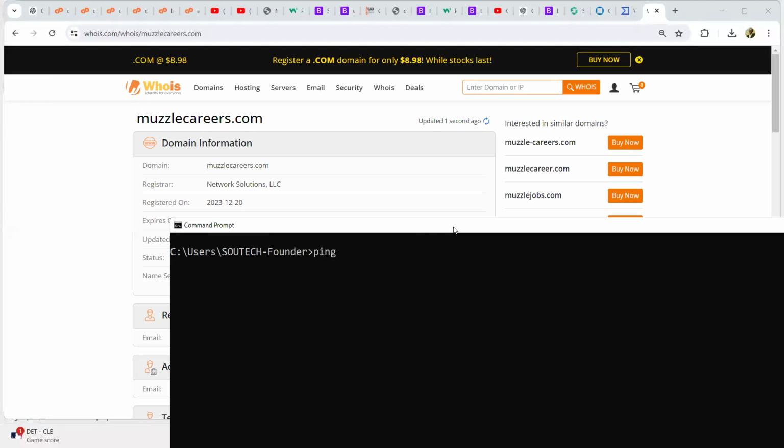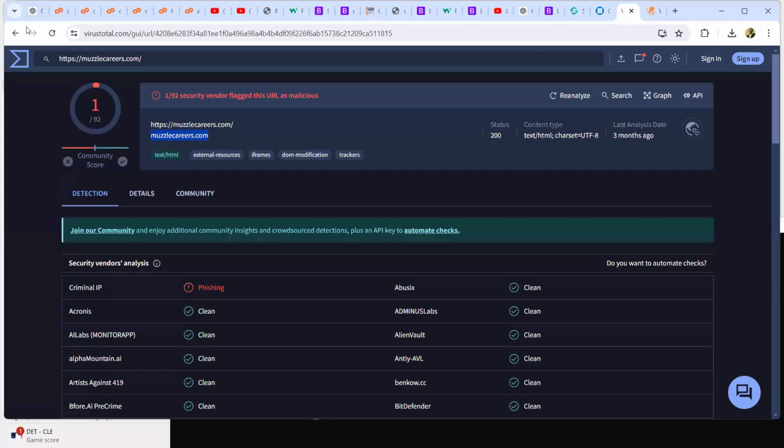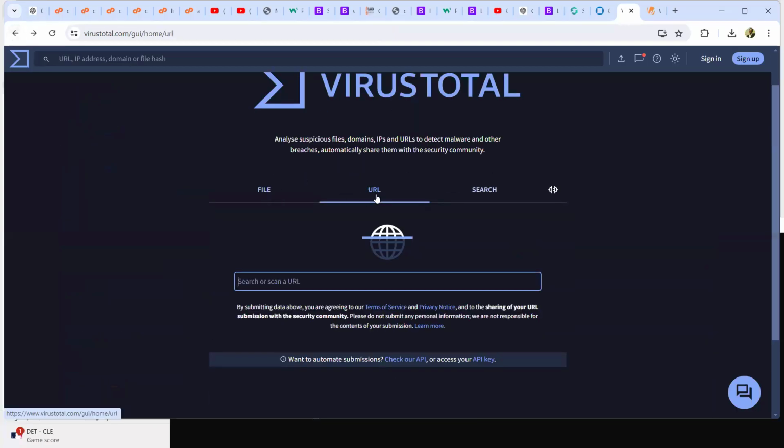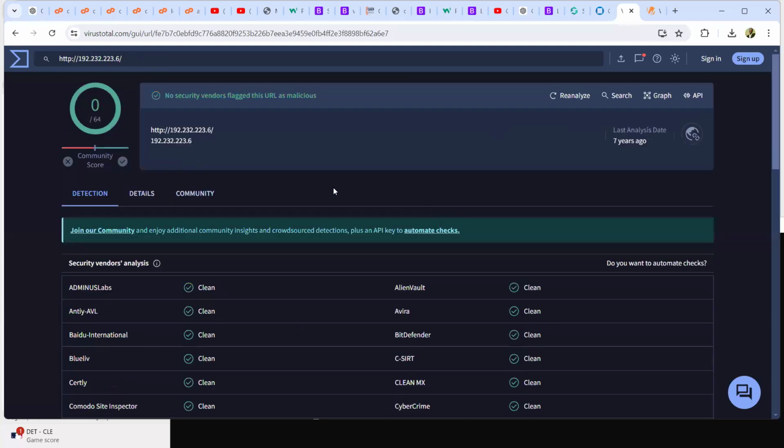If I say ping this, if I grab that IP address and go try to gather intelligence on this particular IP address and say, okay, please, Virus Total, I'm investigating a URL on IP address. Tell me if it is susceptible or not, right?